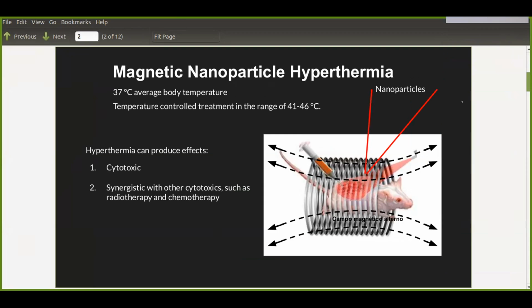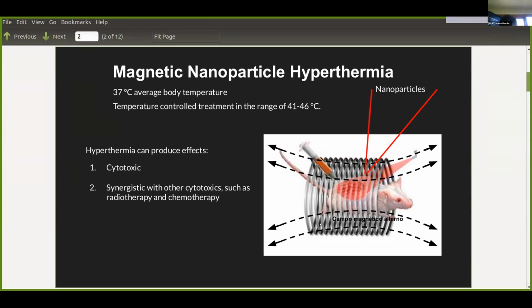I was saying that the concept of hyperthermia refers to the increase in temperature above normal levels, but on the other hand, hyperthermia as a treatment refers to a localized increase in temperature in the range of 41 to 46 Celsius degrees in an area of interest that could cause in an organism a direct cytotoxic effect or act as an adjuvant to other treatments such as radiotherapy and chemotherapy. In particular, magnetic fluid hyperthermia is based on the use of magnetic nanoparticles to reach these temperatures